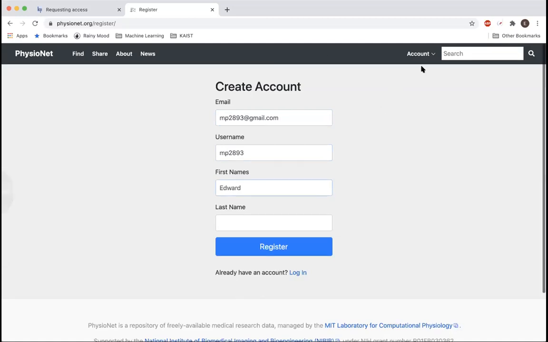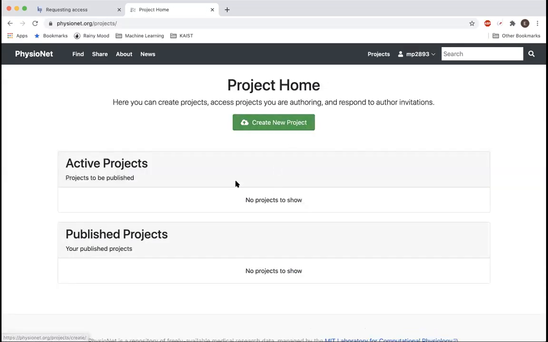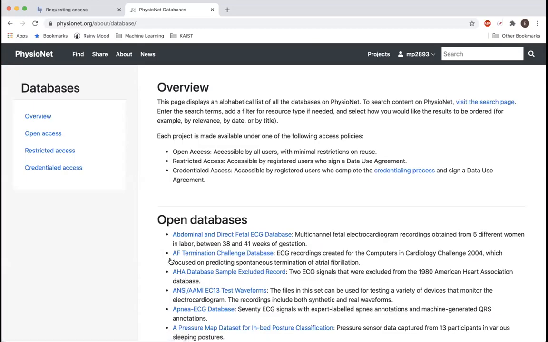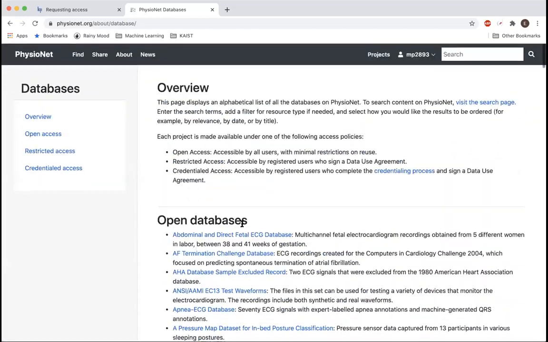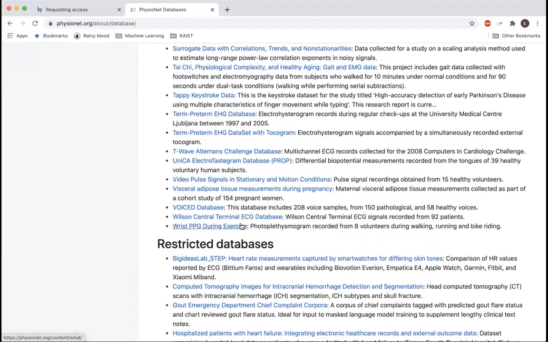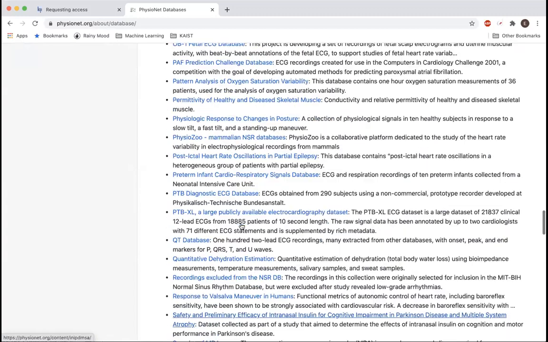Oh, this is not okay. So I'm just going to show you what it looks like when you log in. Right. So when you log in, you go to PhysioNet data, I think. Yeah, data. When you go to data, there's a lot of different data sets. And if you go to, let me see,